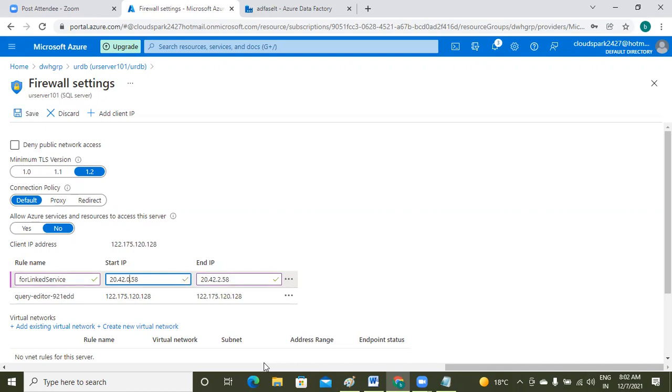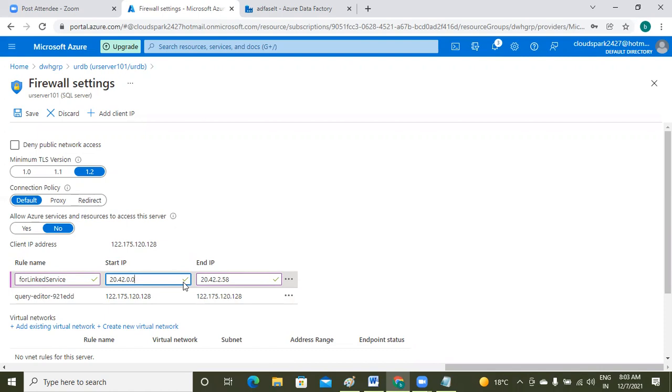0, 0. Suppose if the count got decreased, what will be the next number? Dot 57. Once again, 56, 55. That's why here I fixed some range. Or if you want all the things, 0, 0, 0, 0, everything you can give. At that moment, most of any valid IP can access this one. But that is not against the security rules.